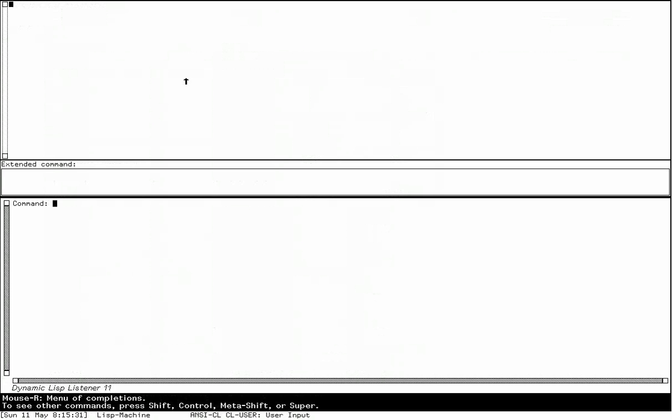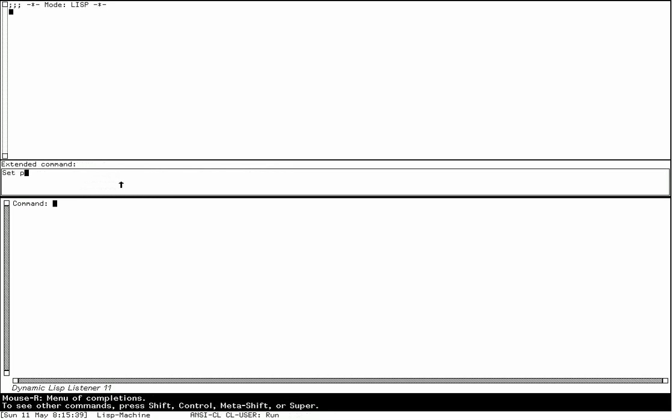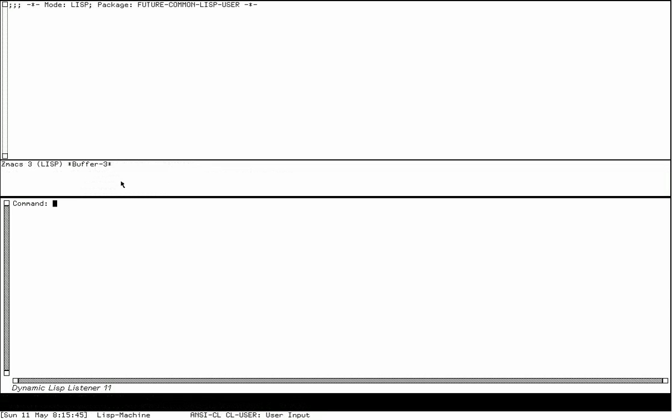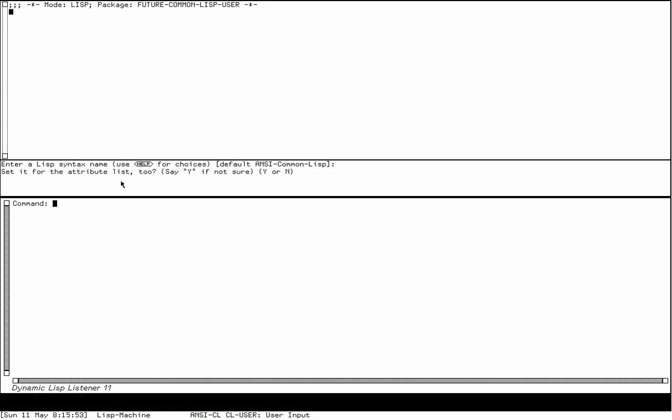So let's say it's Lisp. Now you have completion, Lisp mode, set package, future common Lisp user, set Lisp syntax, and we want to have ANSI Common Lisp as Lisp syntax. So we have defclass bar,